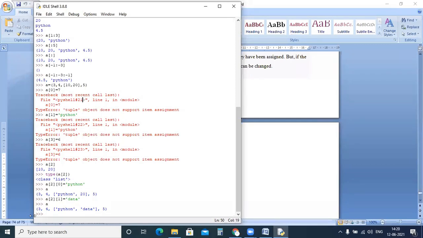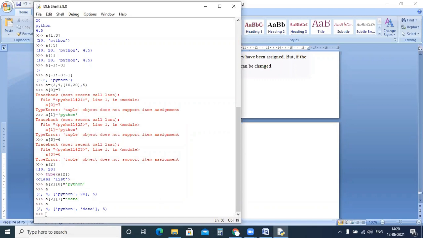Is that clear? So here we have a condition. What is the condition is, even though the tuple is immutable, but the elements what you have in the tuple, if they are mutable, we can change. I repeat, even though the tuple is immutable, but the elements what you have in the tuple, if they are mutable, we can change.